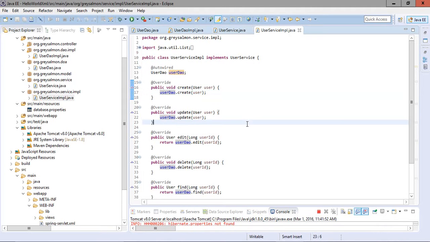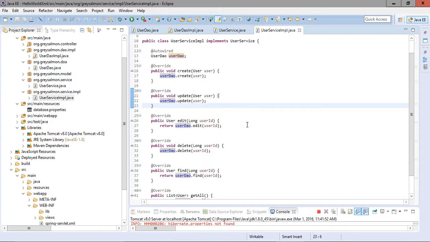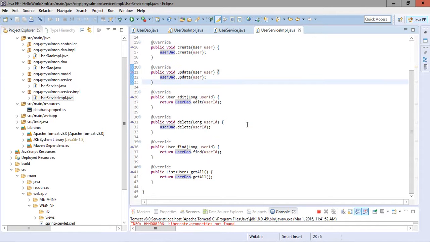Now in the next video, we will perform the insert operation using these layers into the database with the help of the form which is submitted by the user.